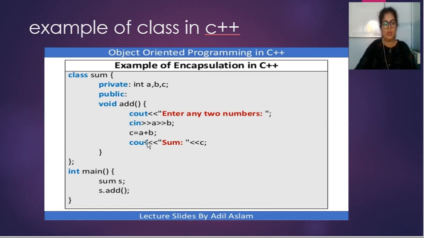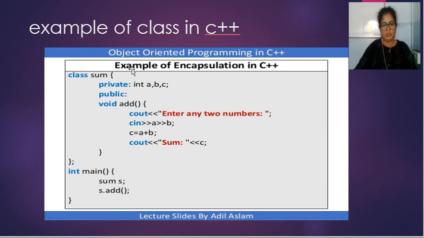So that was all about class. It is a very important topic, a very important program, and a very basic program. Whenever you are asked about any definition regarding class, object, or an example of any program, you can give this example. This is a common example because it explains the concept of class as well as the concept of objects.